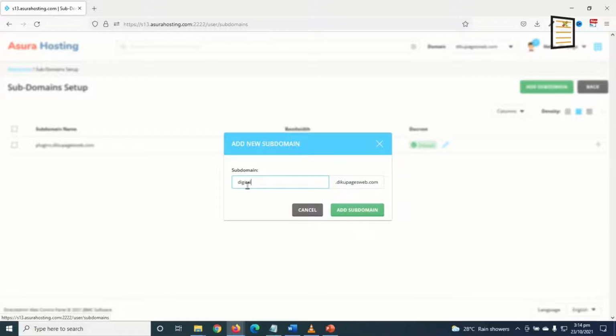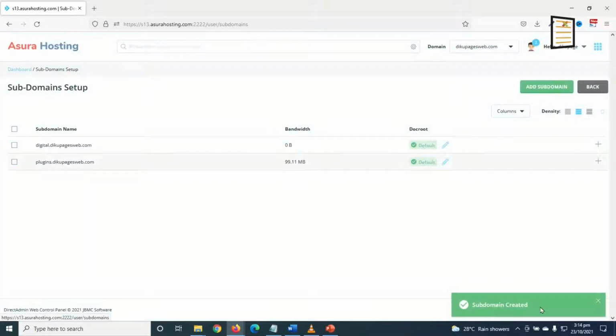So my subdomain will be digital.dikupagesweb.com. I click on Add Subdomain. Subdomain created, and you will see it right here. So now that my subdomain is created, the next thing I'm going to do is go ahead and install WordPress